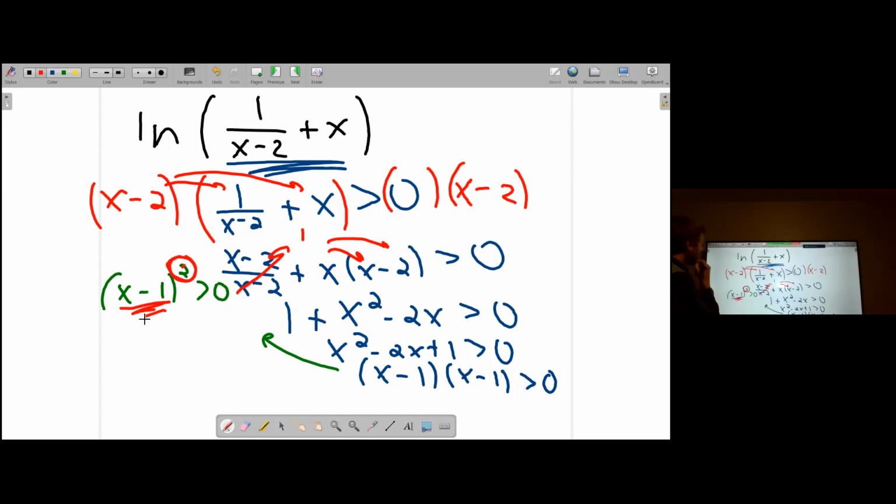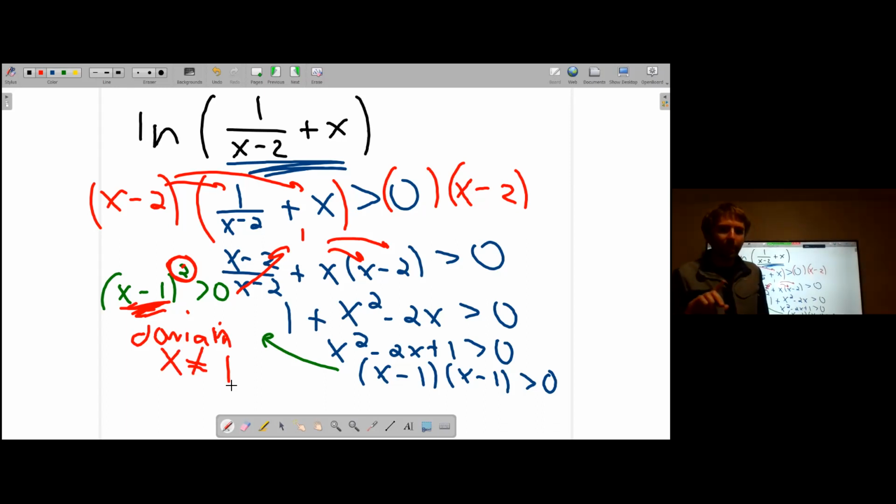You know, we're looking for the domain here. This is always going to be bigger than 0 unless, again, x is equal to 1. So basically the domain of this function is x is not equal to 1, because that's the only time when you square it, it's not bigger than 0, because it's equal to 0. So yeah, that's kind of an unusual case. However, we're not quite done yet. We solved what we needed to solve. So we solved this blue inequality, but